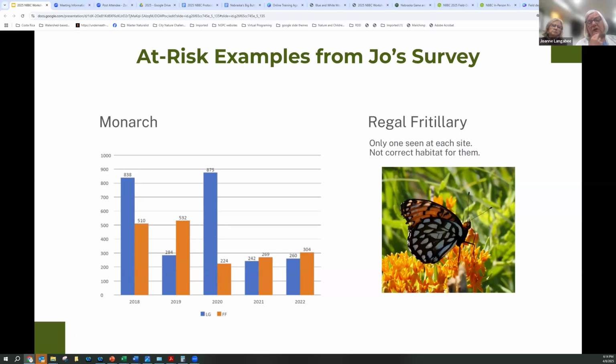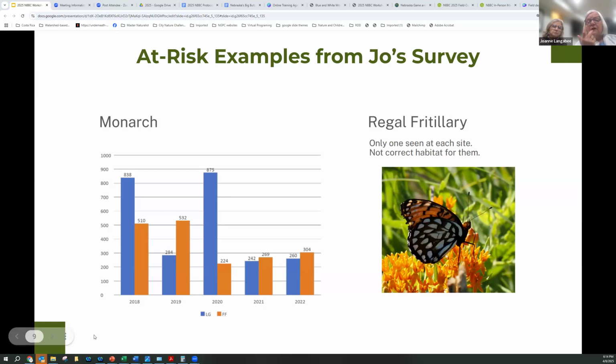And so this is a graph from Lauritzen in blue and Fontenelle Forest in orange, and how the numbers have varied from 2018 to 2022. 2019 was a really moist year. We were pretty good, and the flowers probably had enough moisture so that they bloomed well, and you can see how big 2019 was. But it gives an idea.